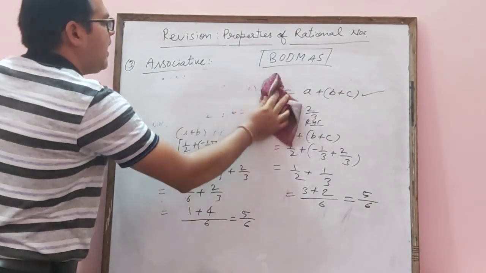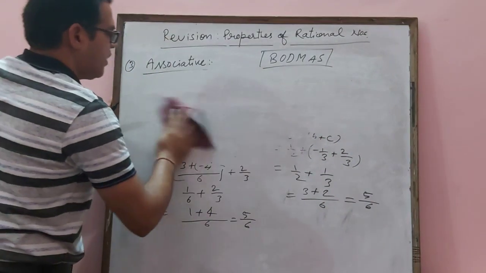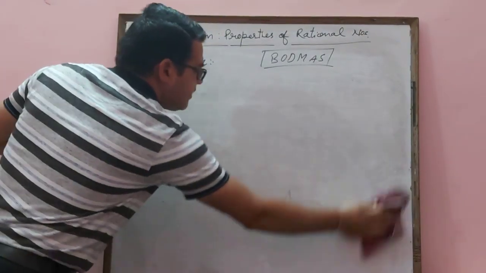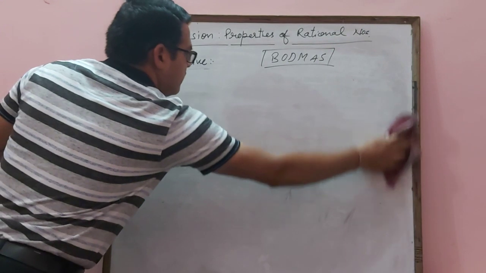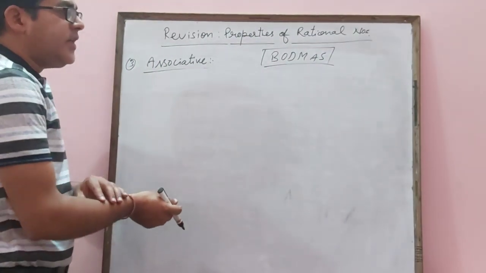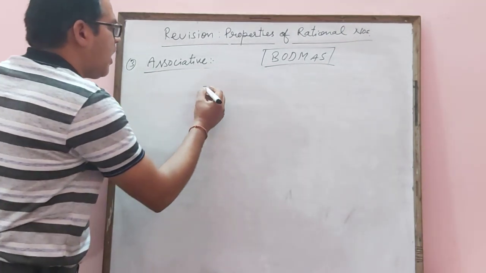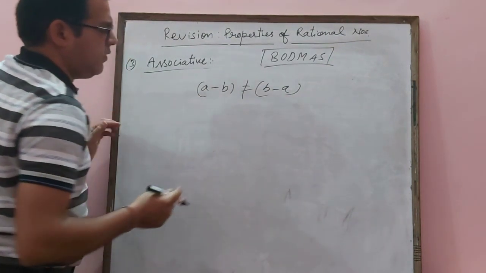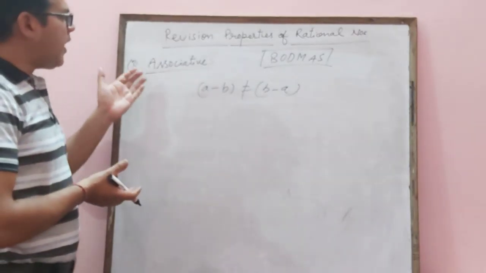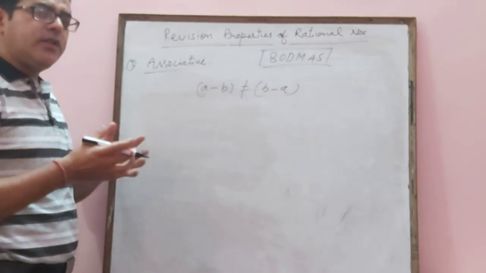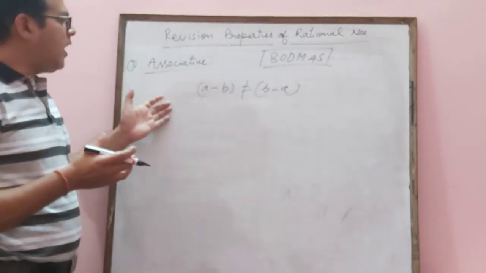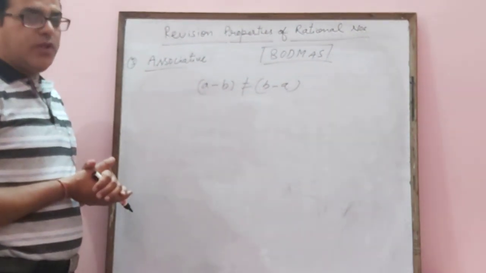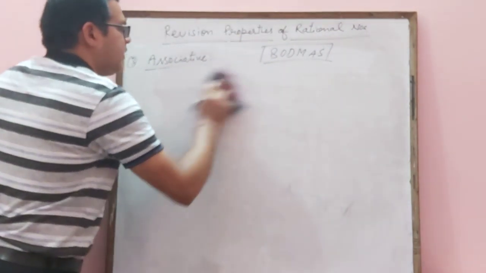Now we'll check same thing for subtraction. And we know that just before we discussed for that commutative property, subtraction is not commutative. It means we can't say A minus B equals to B minus A. This is not possible. So you can see for associative also, if you are subtracting three numbers together, we can't think that it will fulfill the property of associative. Let's check it.